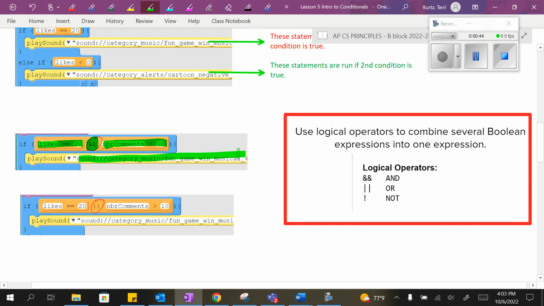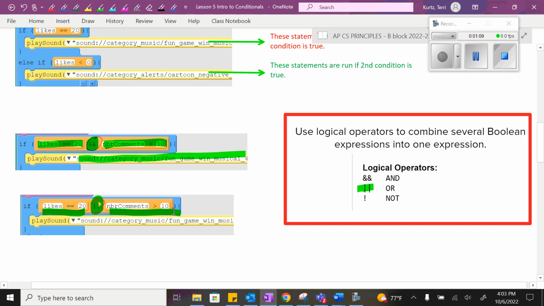Maybe I wanted to play that sound if only one of those was true. Then I could use or, which is the double lines, and I could say if likes equals 20 or number of comments is greater than 10. Okay, so again, don't be overwhelmed by all of this today. We will go over it more when I'm back, but I want to give you all enough background to start to work through some of the code.org